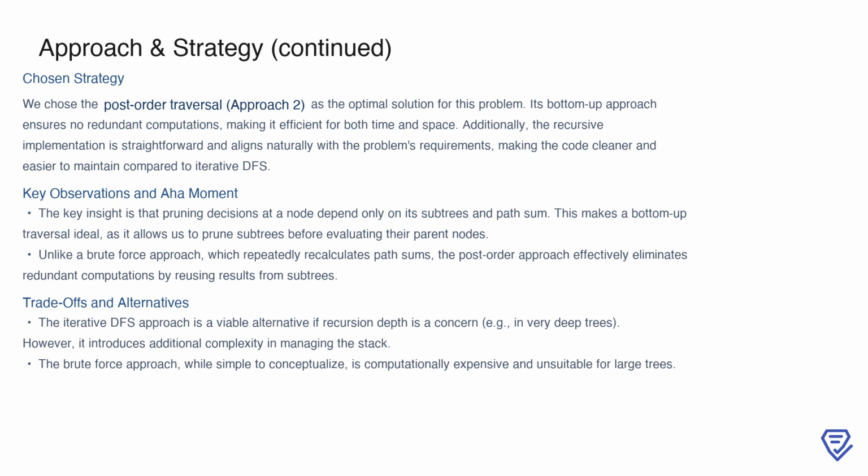A key insight here is that the validity of a node depends solely on its subtrees and path sum. This makes post-order traversal a natural choice, as it allows us to prune subtrees before considering their parent nodes, streamlining the decision-making process. While iterative DFS is a viable alternative for very deep trees, its added complexity in stack management makes it less appealing for general use. The brute force method, though simple at first glance, fails to scale efficiently for larger structures due to its redundant